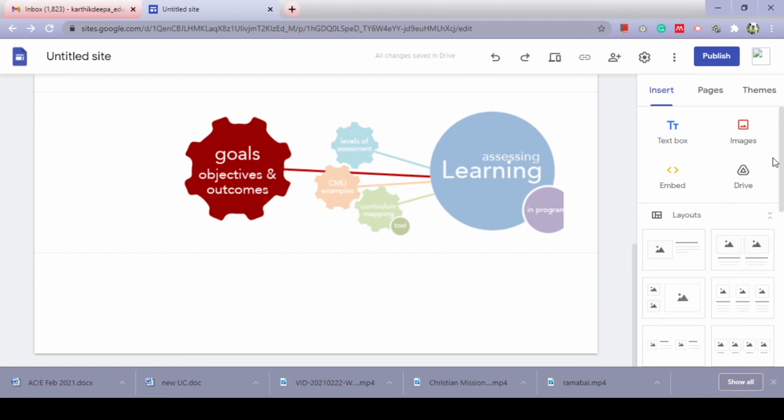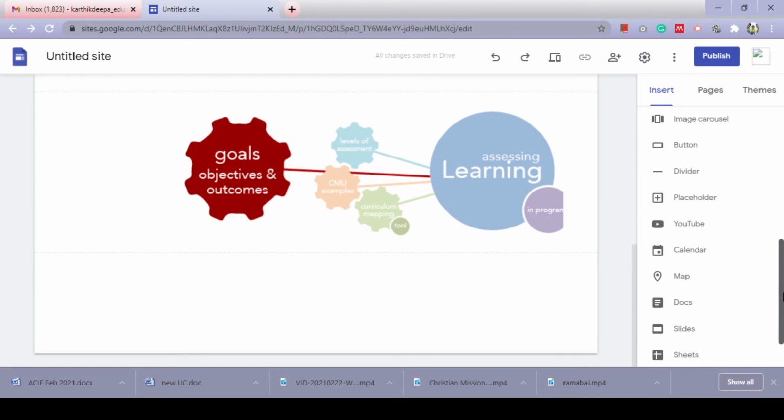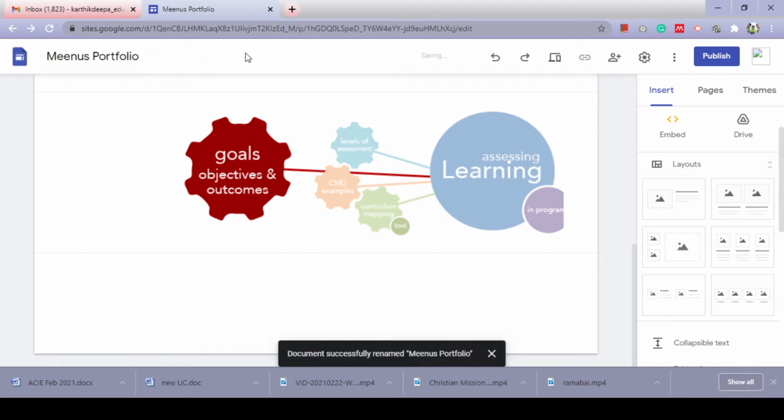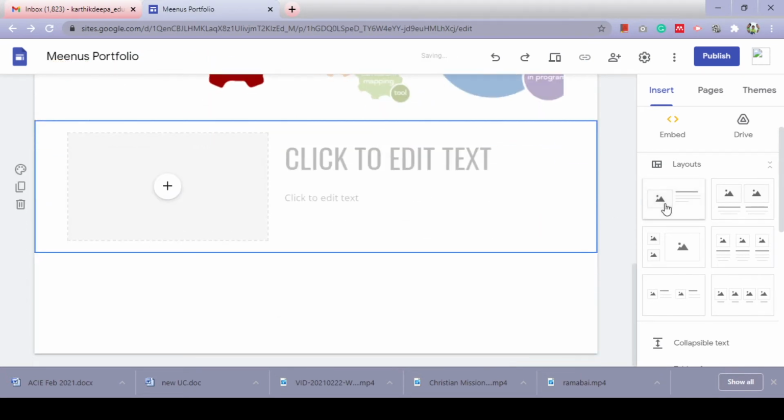Okay, so there are different layouts to create your web page or e-portfolio. See here, first let us change the title of our site, Meenu's portfolio. So this is the title of my page. So you can change the layout like this, say one image and some text, like that you can add.